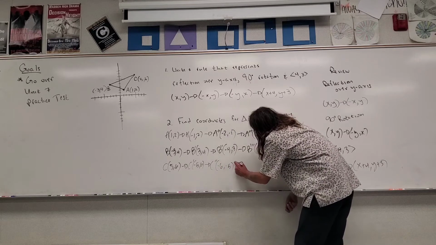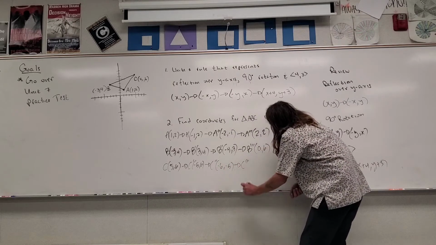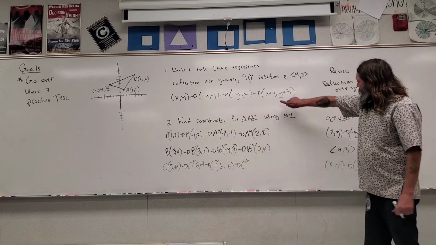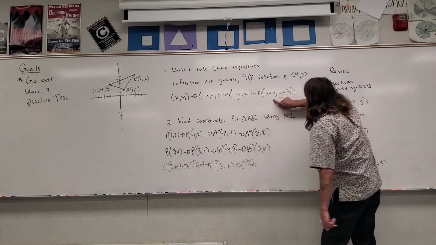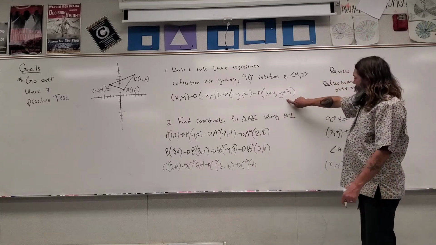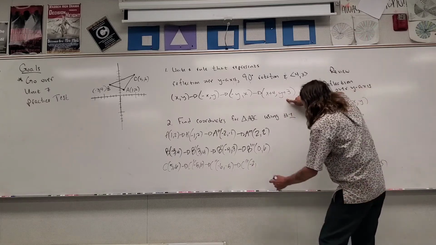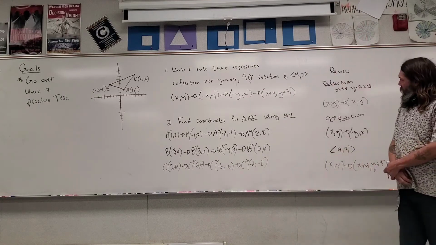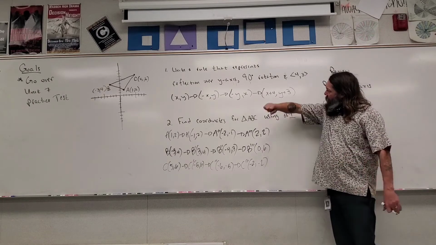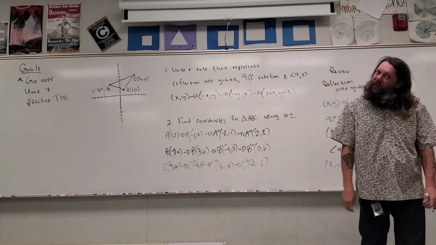Then that goes to my translation as C triple prime. I'm going to add 4 to my negative 6, so that gives me negative 2. And I'm going to add 3 to my negative 5, and that gets me to negative 2. So these are the coordinates for triangle ABC using a sequence of transformations that I created from problem